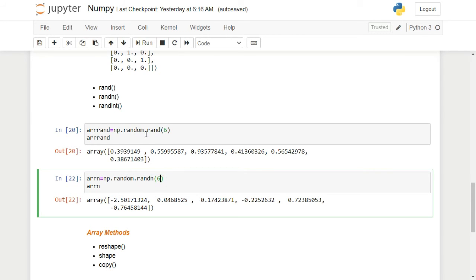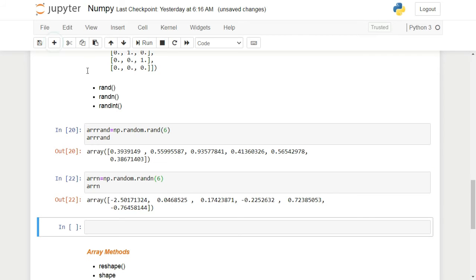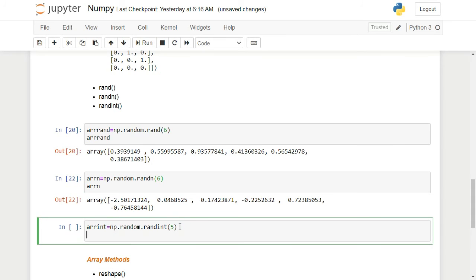Fine. Now we have randint. As the name suggests, randint generates integers. Arr int is equal to np dot random dot randint. If I specify 5 here, let me show you what I get.